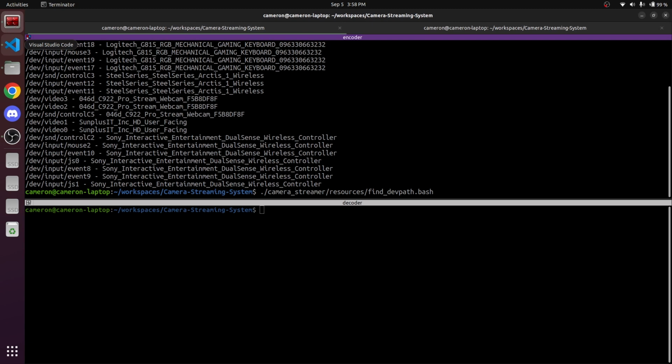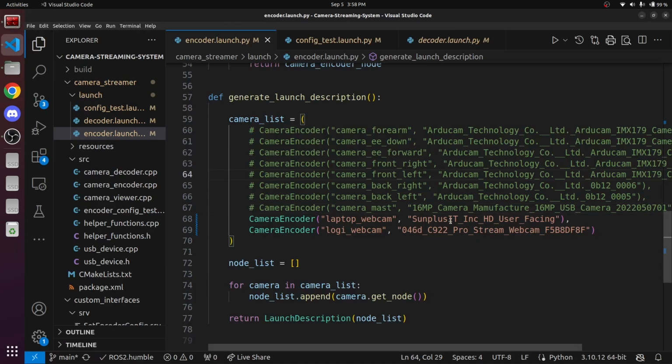The way that you get the serial ID is that you can run a bash script that is in the resources folder. So if we run this, it's going to show a bunch of devices connected to my computer. And if we look here, we can see the video devices. And so these are the serial IDs for the device. So you put this in here. And then if we go to